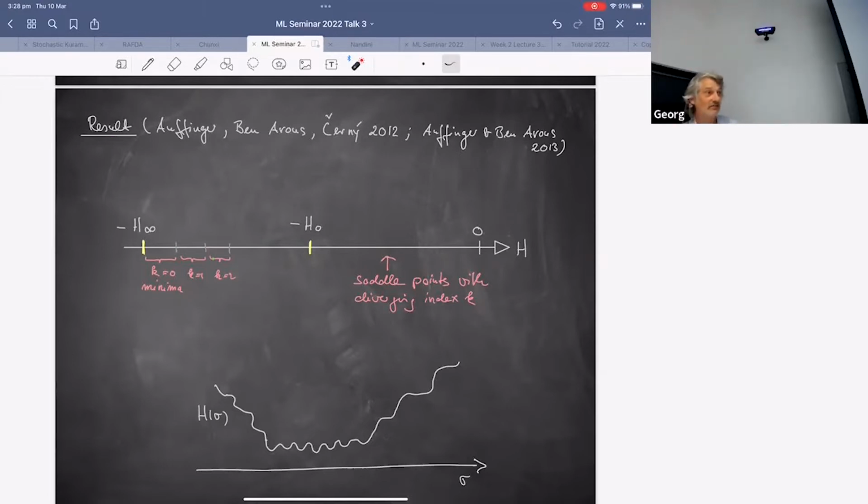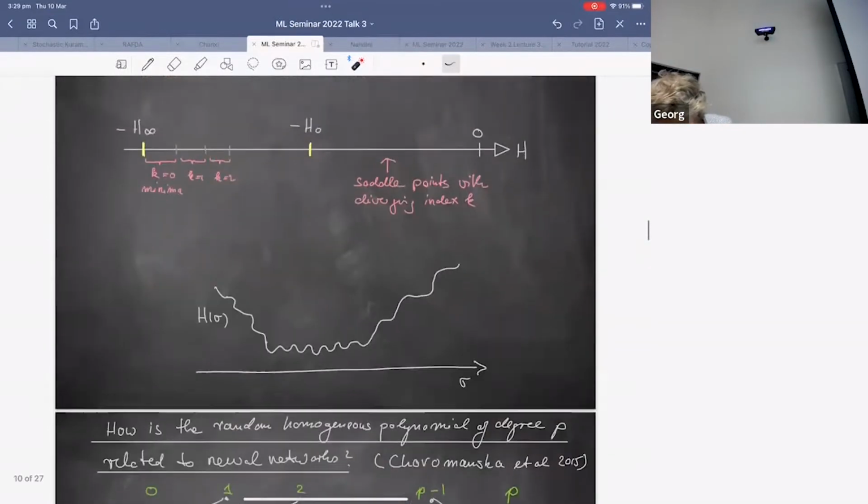So that is a fantastic result, right? That tells us that we got a couple of minima here. They are all close to the global minimum, minus H infinity. And the higher I go in the energy, the higher the index is, so I can travel down. So that's a beautiful result for spin glasses. So if I want to find the minimal energy for a spin glass, I can do it, right?